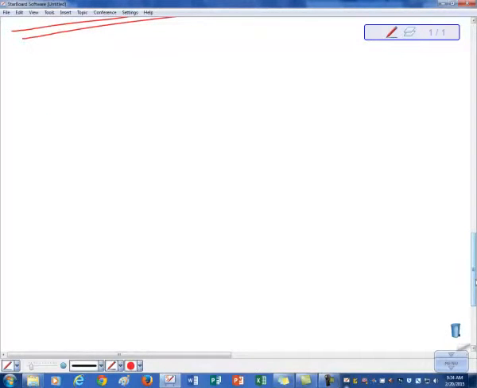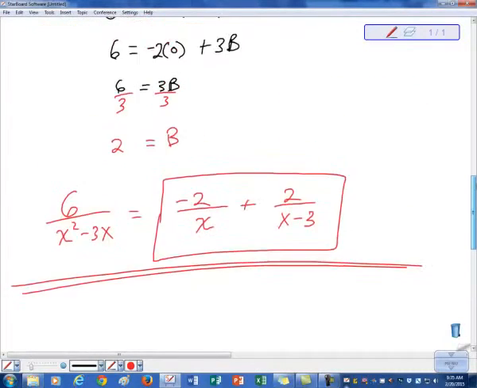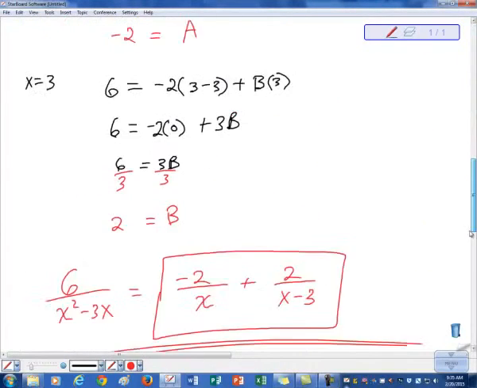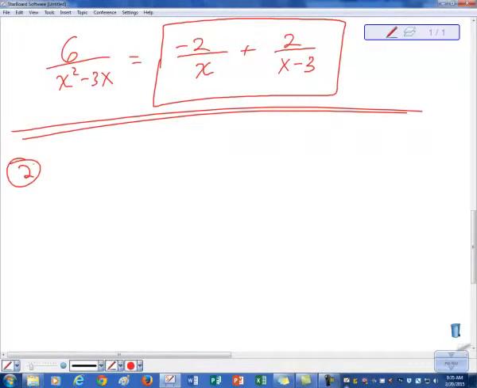Next, let's take a look at piecewise defined functions. First, we'll look at substituting some values in. So this first one, we'll call that problem 1. The second one, we'll call that problem 2. And we have here h of x equals negative 2x minus 3